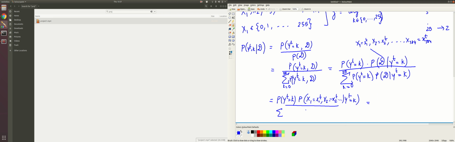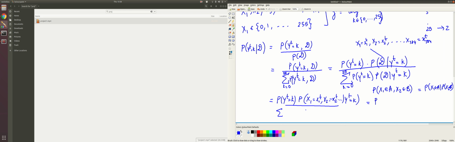Now what the naive Bayes assumption says is that, given that yt is equal to k, we are assuming that each of these random variables is independent. If you recall from class, we say that random variables are independent. I know this is not yet covered in class, but if you have been watching the videos I have recommended, you will know that whenever random variables are independent, we have this property: when x1 belongs to A and x2 belongs to B, if they are independent, you write this as the probability of x1 belonging to A times the probability that x2 belongs to B. Likewise for conditional independence, we just put a bar in all of these cases.